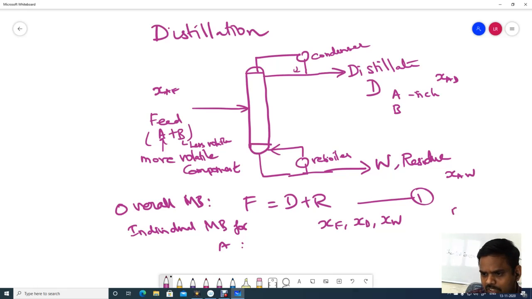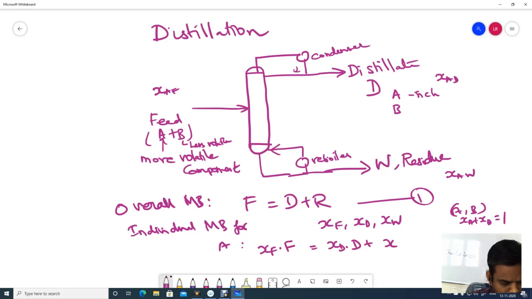For a binary mixture of A and B, XA plus XB equals 1, so we always skip the subscript A if it is a binary system. We consider a binary system of A and B, so it is sufficient to write simply XF, XD, XW in place of XAF, XAD and XAW. The amount of solute A is the mole fraction multiplied by the total kg, equal to XD into D plus